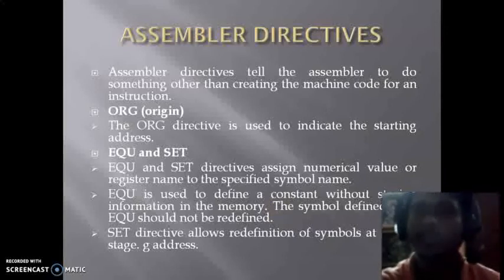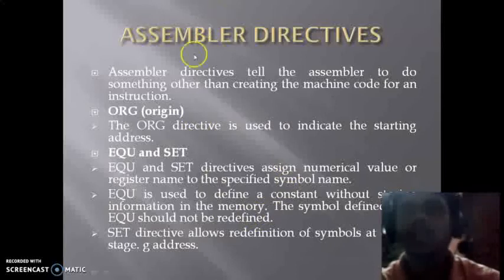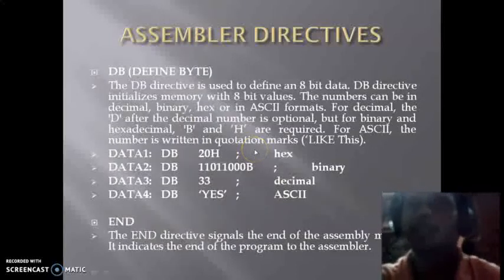Without storing the information, it basically defines a constant, and the symbol defined with EQU should not be redefined. The SET directive allows redefinition of symbols at a later stage. And these are the assembler directives.